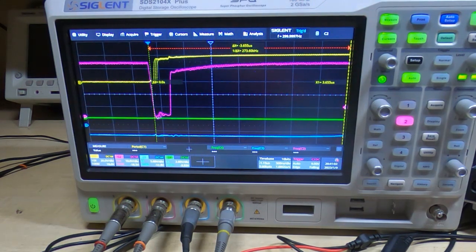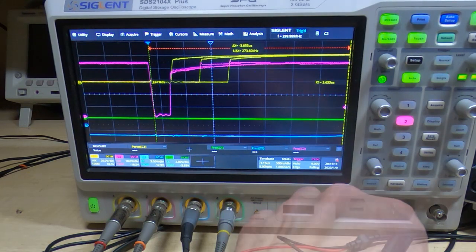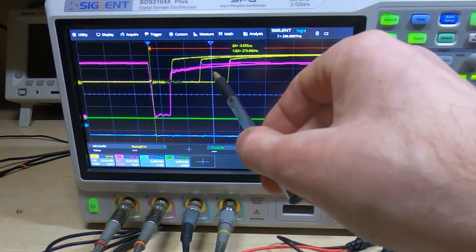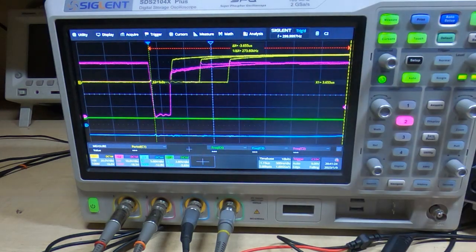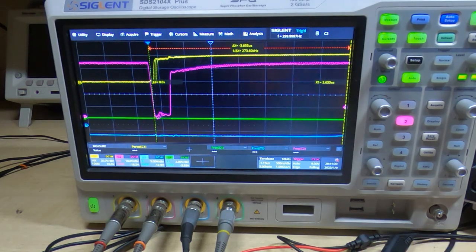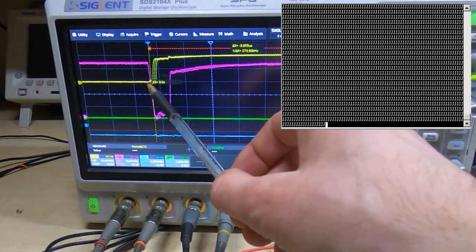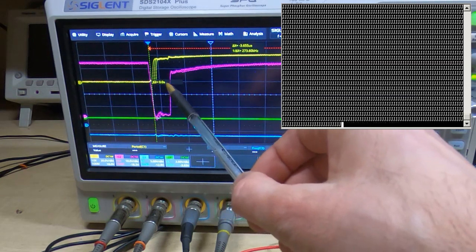I'll just move the jumper back so we're running at 625 again. And now you can see the clock edges mostly occur, in fact they all occur outside of the start pulse. So we'll go back to 10 megahertz. And everything is fine. I'll bring the terminal back up into the corner of the screen, and as you can see, we are getting the correct data even with a 300 nanosecond start pulse. And in fact, we can go as low as around 120 nanoseconds on the start pulse now,